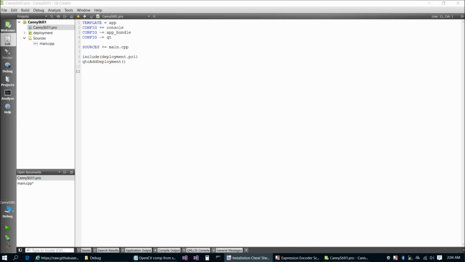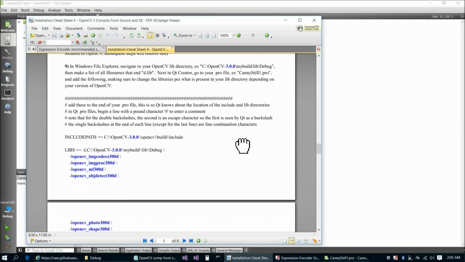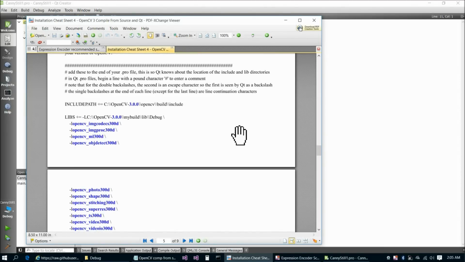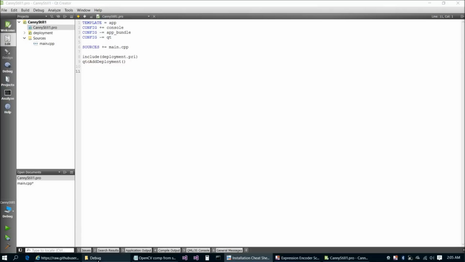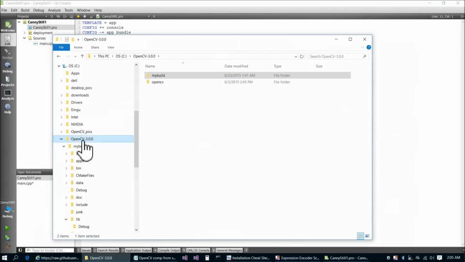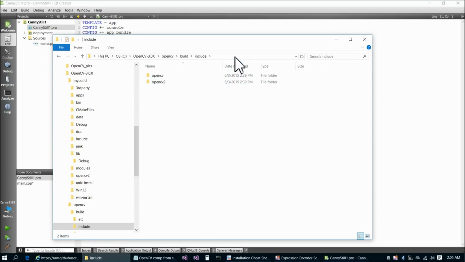Okay, so what we're going to do is let Qt know where OpenCV is installed. Let's see, we're going to add the following, making sure to change the libraries per what's present in your lib directory. So the syntax for these is a little bit odd. So for include path, if we were to go to that location here, so C, OpenCV 300, OpenCV build, and then include, this is the path that we need to add